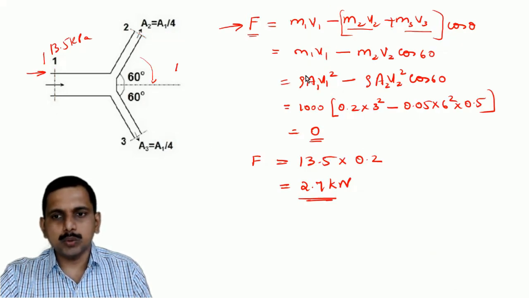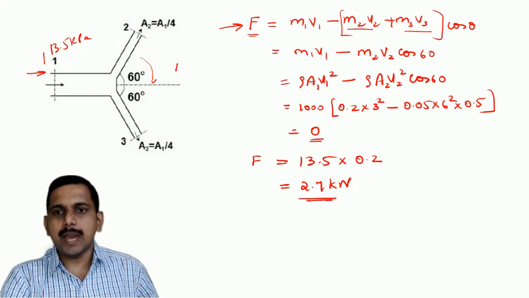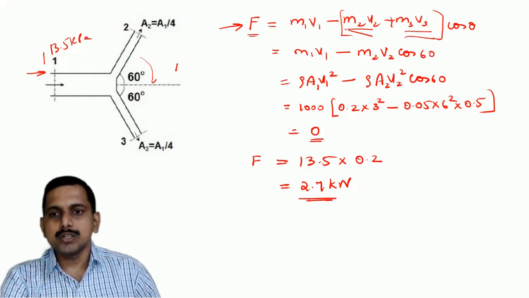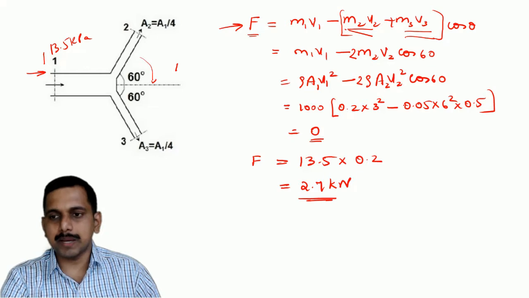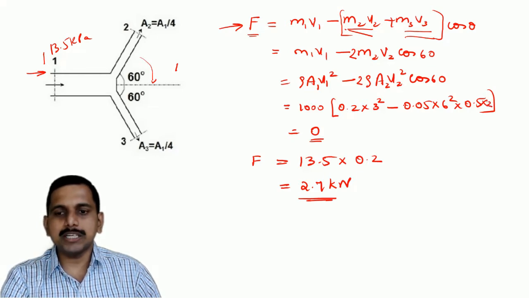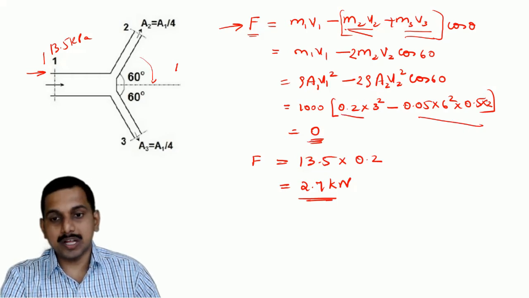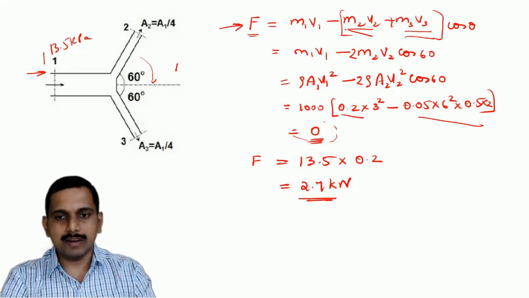But in question number 22, here I had to do one thing: this M1, M2, V2 and M3, V3, these are the same. So there had to be a 2 here. This is what I missed in the previous class. So 2, okay. And if I get 2 here, this has to be multiplied by 2. When this is multiplied by 2, this answer together will come to 0. Okay, so the answer that we have got, 0, is correct, because there had to be a 2 here. So that is one thing we have to understand.